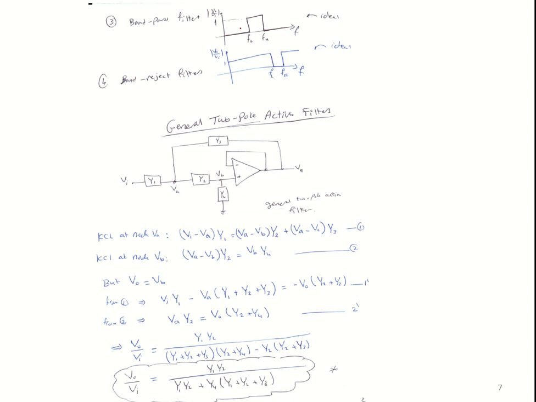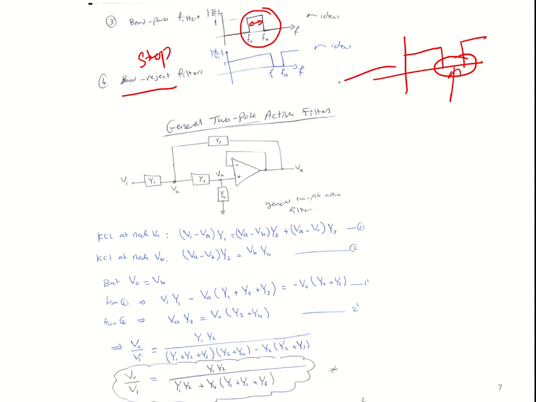So a band pass filter is basically a filter which only passes certain frequency components. We can also make a band stop or band reject filter. A band reject filter will pass out this frequency component, but it will reject, it will stop these frequency components. Such kind of filters are called band reject filters. We can make a band pass filter by using the low pass and high pass filters also. We will see that in the later slides.